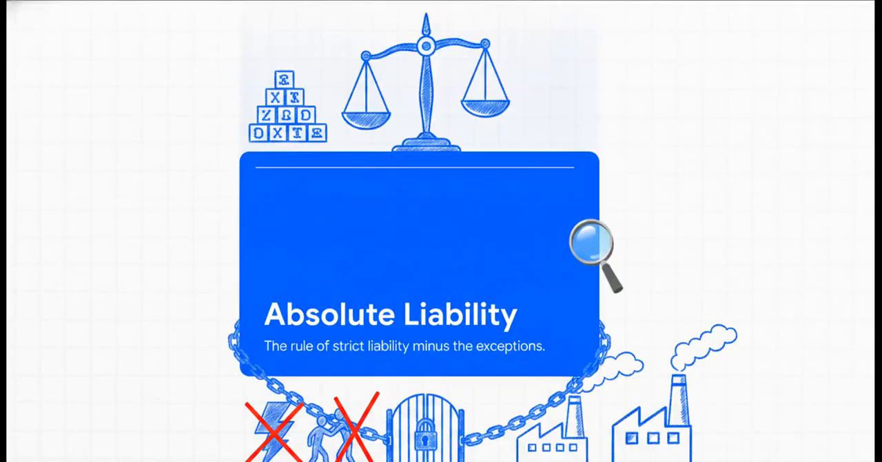In simple words, absolute liability is basically the rule of strict liability, just totally stripped of any loopholes or exceptions. In India, this doctrine actually evolved through the landmark case of MC Mehta v. Union of India. The facts of that case were pretty grim. Oleum gas leaked from an industry in Delhi, affecting a massive number of people. Ultimately, the Supreme Court held the defendant liable without even considering the usual exceptions that would apply under standard strict